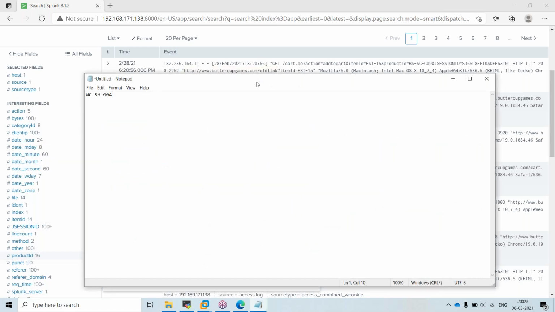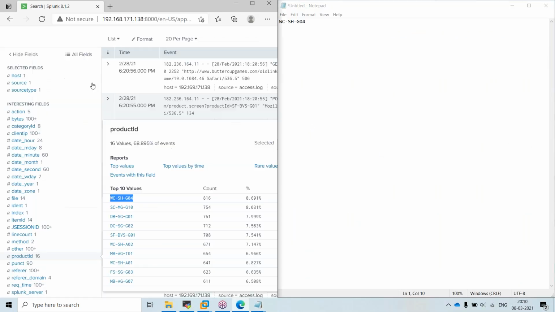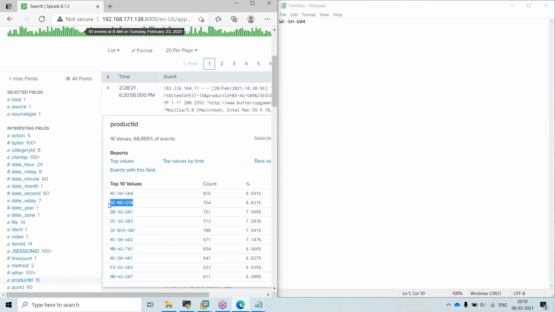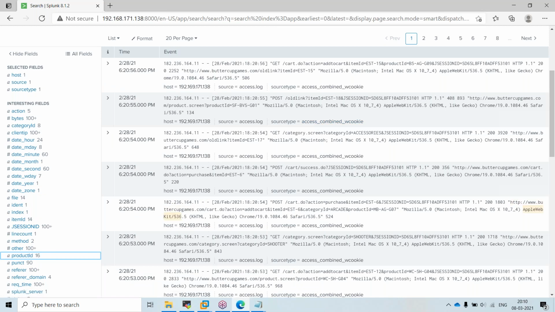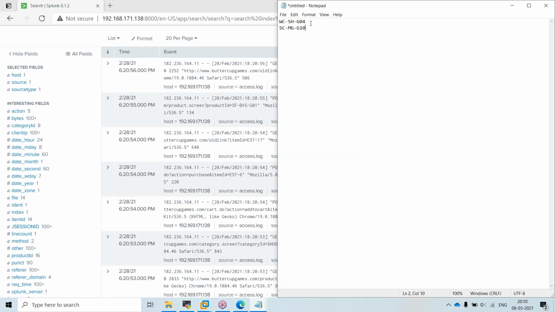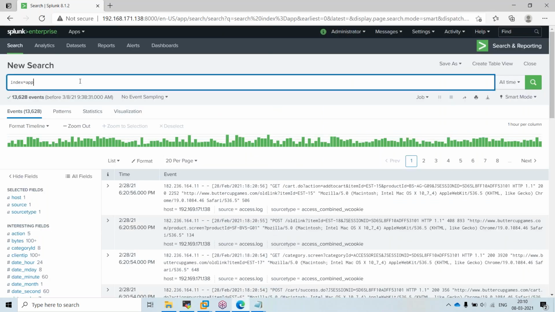I'm picking one product and I'm picking the second product over here. These are the two products. For now I want to search this product. How can I search? I can directly give this.